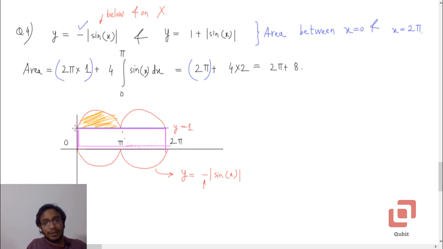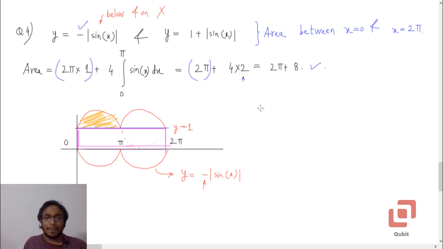Now that means it is enough to integrate the function sine x from 0 to pi. See, don't take 1 because we have already considered it. Okay, so it will be the integral of sine from 0 to pi multiplied by 4, and we know that sine is positive in the first and the second quadrants, so no need to take mod there. Okay, and the integral of sine from 0 to pi with respect to x is 2. You can easily find it. Integral of sine is negative cos, and then putting the limits will give you positive 2. So that's 4 into 2, that's 8. So 2 pi plus 8 is the answer.